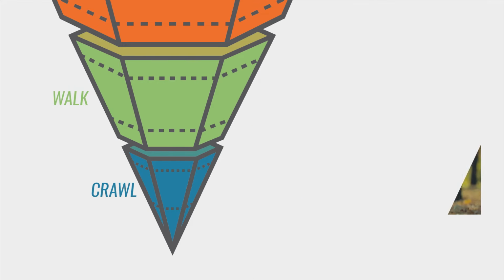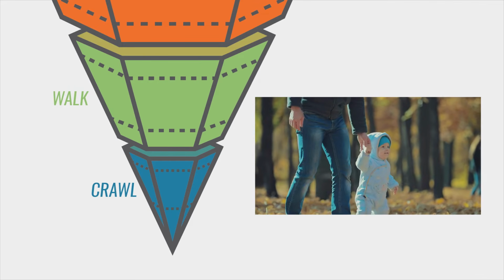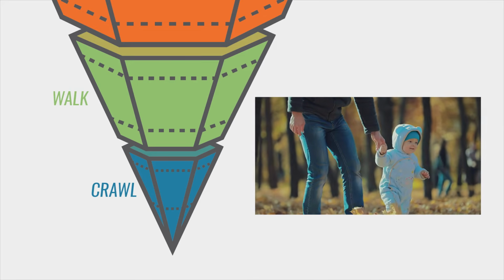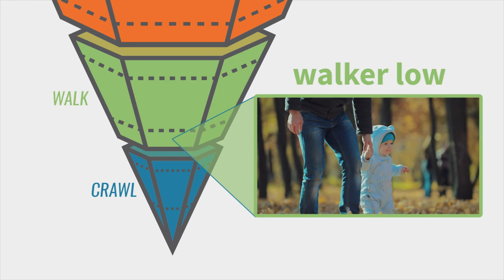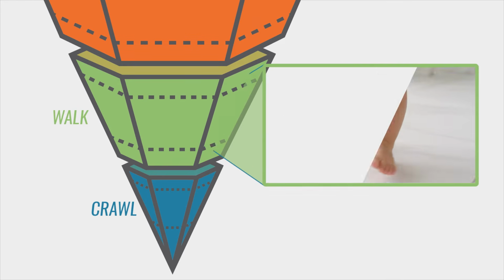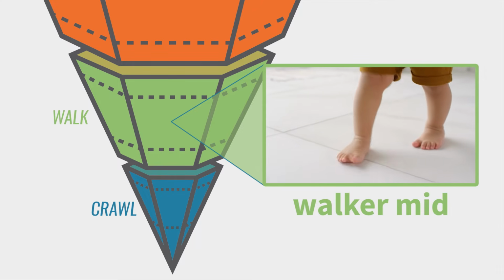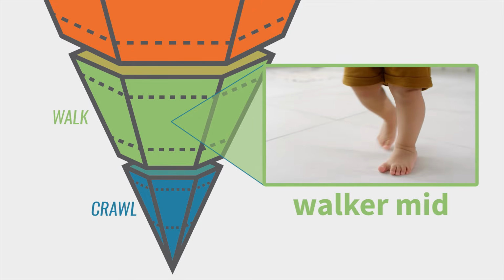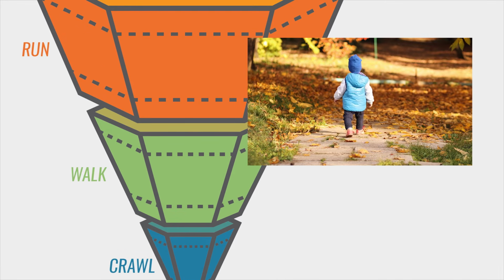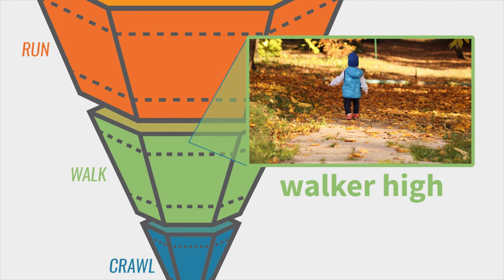After some practice, the child is able to take steps and walk all of the time, but only barely. They are very wobbly and may fall down, but they get back up and continue walking. The child is now at walker low level. Once they can walk solidly, they are considered walker mid. They don't need to crawl anymore and are very capable of walking. When the child wants to run but is unable to do so, we would likely categorize their proficiency as walker high. Typically, the child tries to run but ends up stumbling and has to slow down.